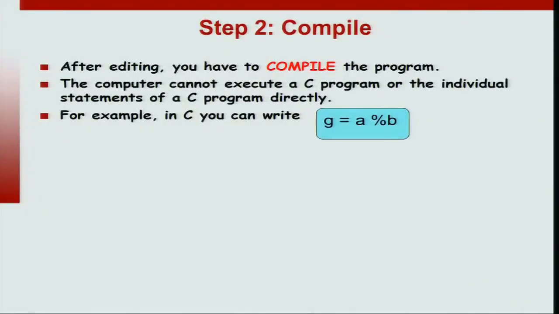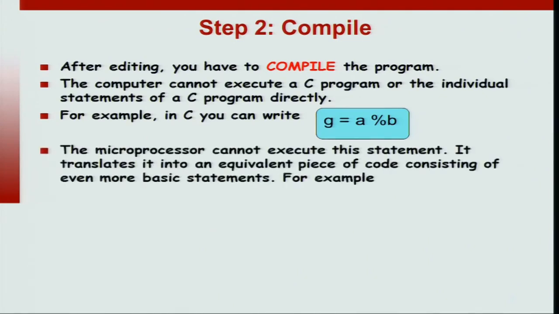For example, let's say that in C you can write G = A % B. The percentage operation stands for modulo. So this statement says that you take A modulo B and assign it to the variable G. Now, the microprocessor in the computer cannot execute this statement because it does not understand the C programming language. So,